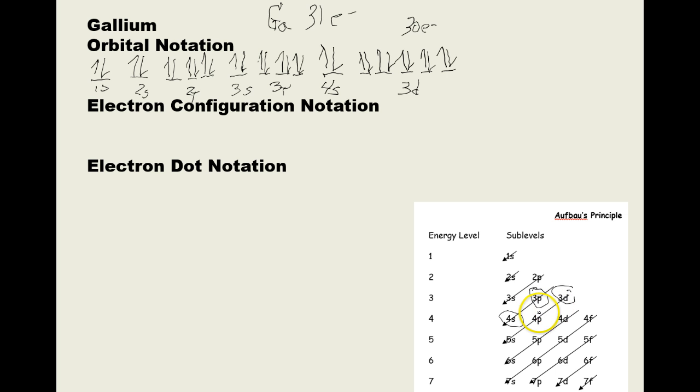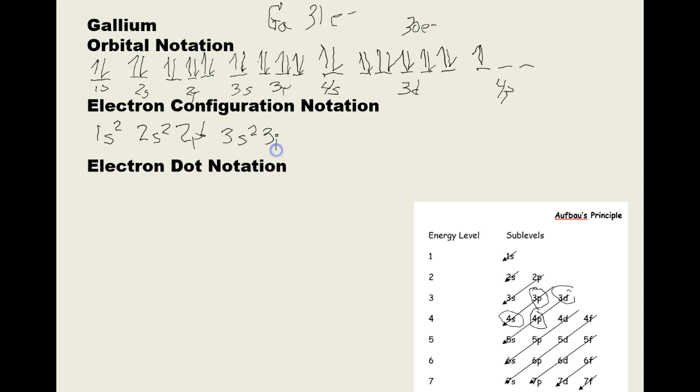What comes after the 3d, you can see, is the 4p. 4p has how many orbitals? Yep, you're right. It has 3 orbitals. And we're going to put that 1 electron into the 4p. All right, now, electron configuration notation, remember, you're going to order according to main energy level. So we have the first energy level, 1s with 2 electrons. Second energy level, we have 2s2, 2p6. After the second energy level, we have the third, which is 3s2,